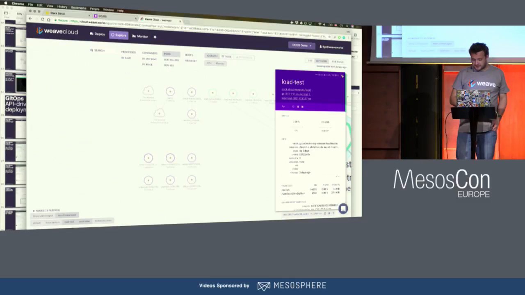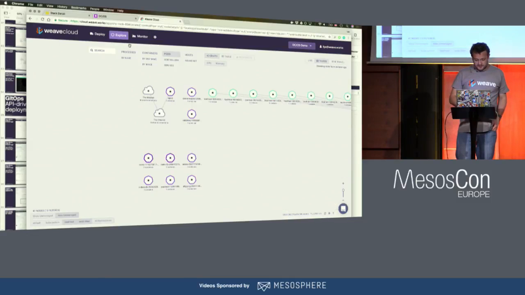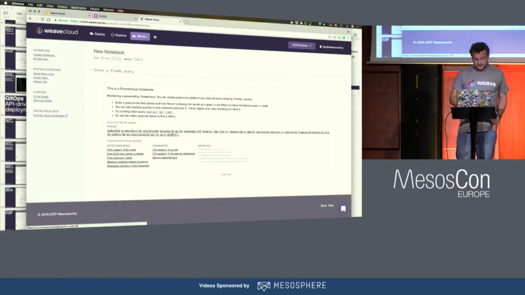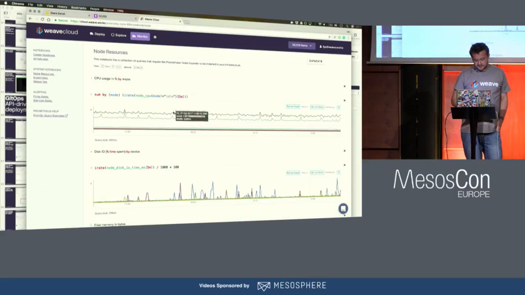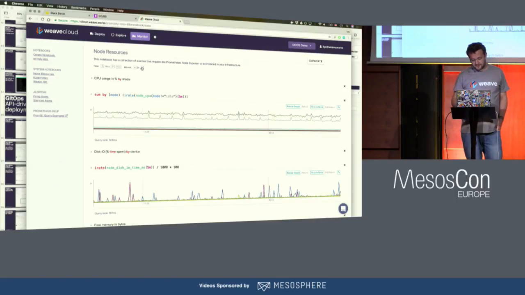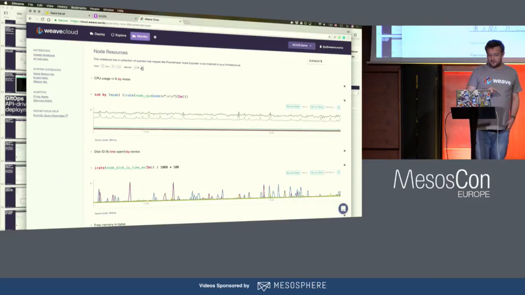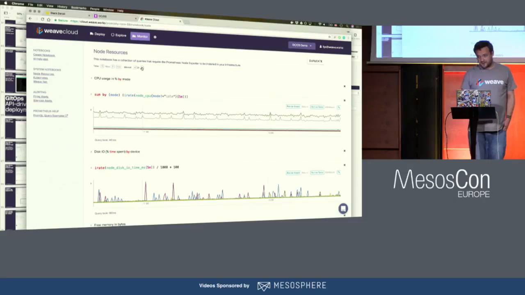Anyway, what else can I show you? Oh yeah, I can show you the monitor view. So there's the Prometheus metrics, and I have a few things here. We've got node resources. We can see all the stats about memory and CPU usage from all the nodes in the Kubernetes cluster that is on DCOS. This doesn't currently run on all the DCOS slaves, but that can be done too.